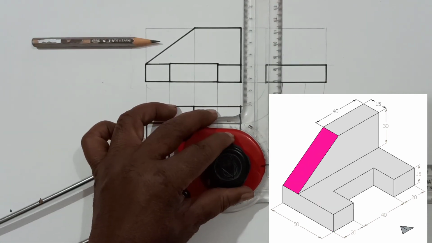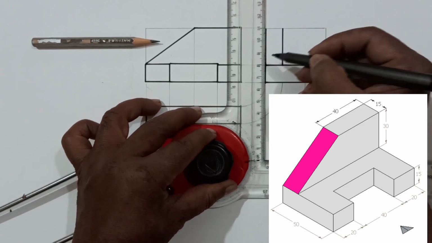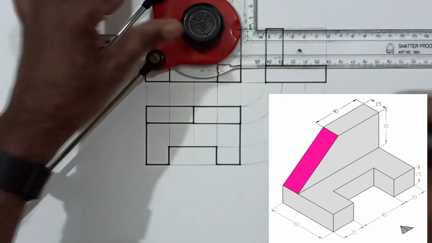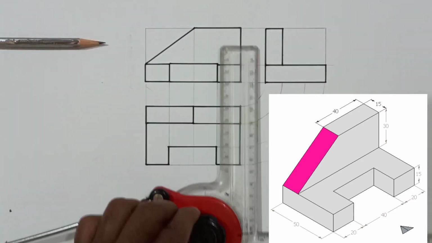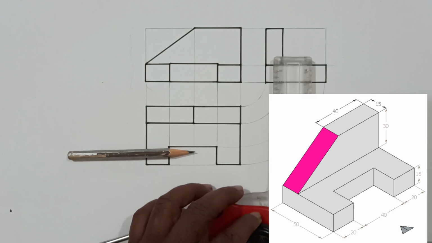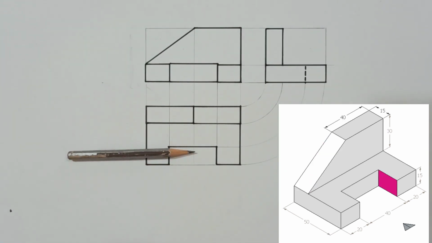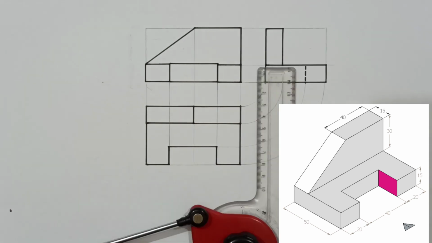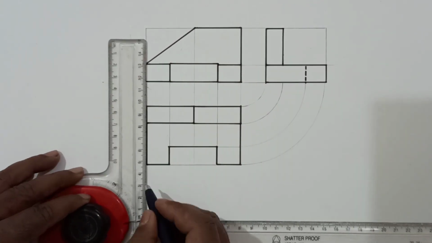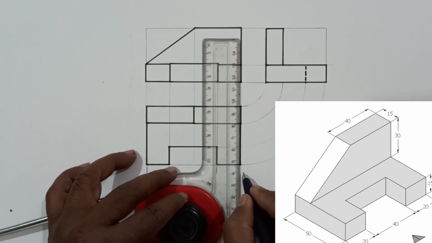Now we have to draw this sloping surface which we have already drawn in top view. It can also be observed in side view. By projections from front view as well as top view, we can easily draw this surface. Now consider the surface which is not visible in left hand side view. It is shown by taking the respective dimensions or taking the help of respective projections, represented by a dotted line.